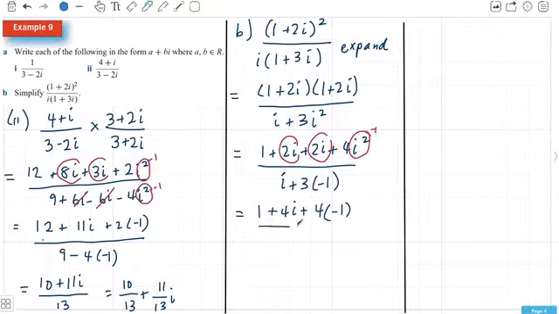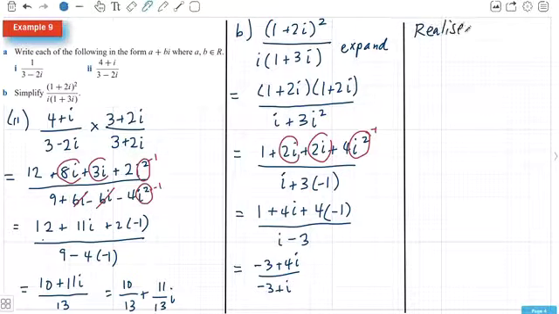You don't need to have all these steps of working. I'm just putting all the possible steps you can have. 1 minus 4. You're going to have minus 3 plus 4i over, and it's really good form to write your real part first and then your imaginary part. So we haven't even done anything yet. All we've done is expand and simplify it a bit. So now we can realise the denominator,